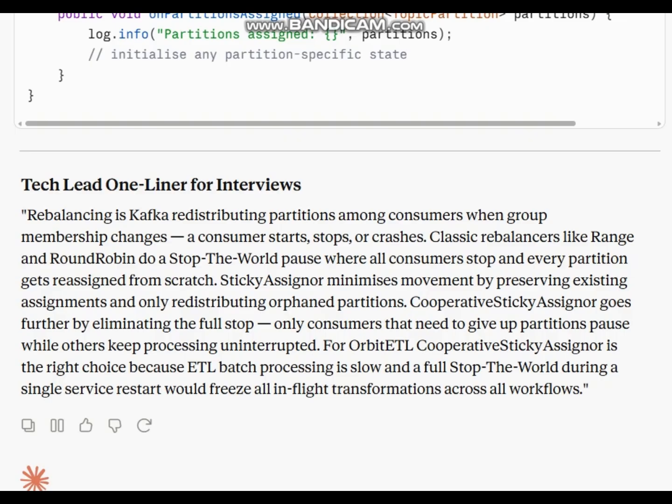Cooperative sticky assignor goes further by eliminating the full stop. Only consumers that need to give up partitions pause while others keep processing uninterrupted. For Orbit ETL, cooperative sticky assignor is the right choice because ETL batch processing is slow, and a full stop the world during a single service restart would freeze all transformations across all workflows.